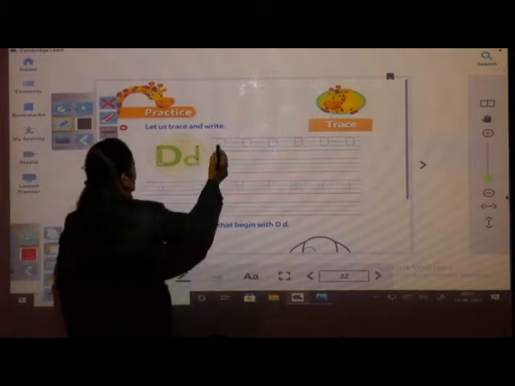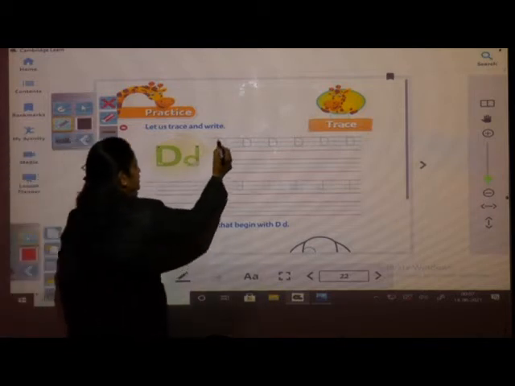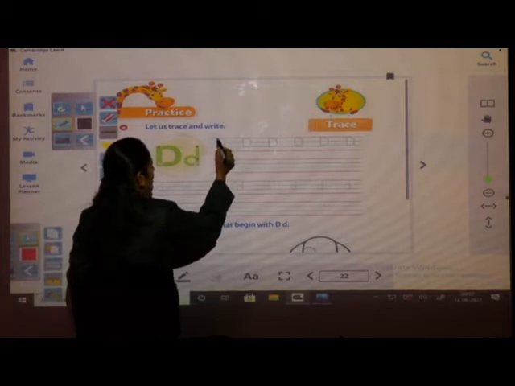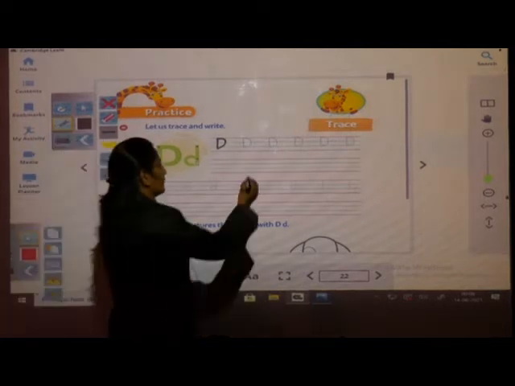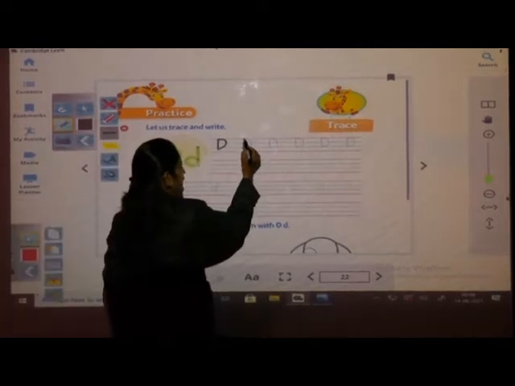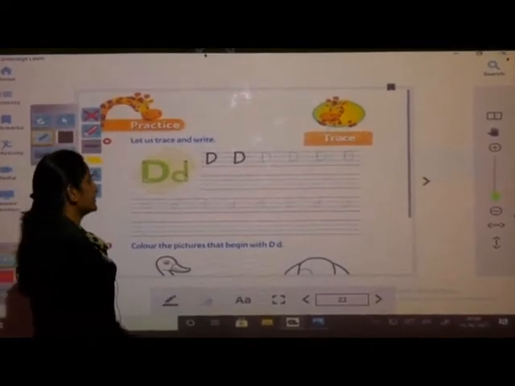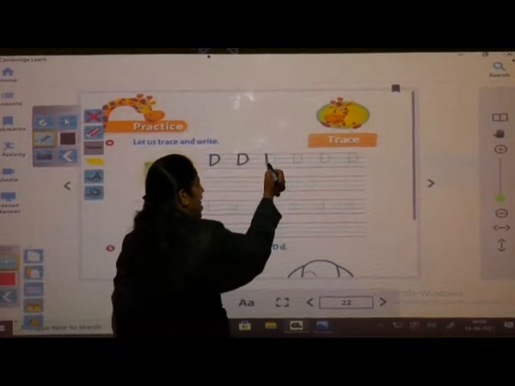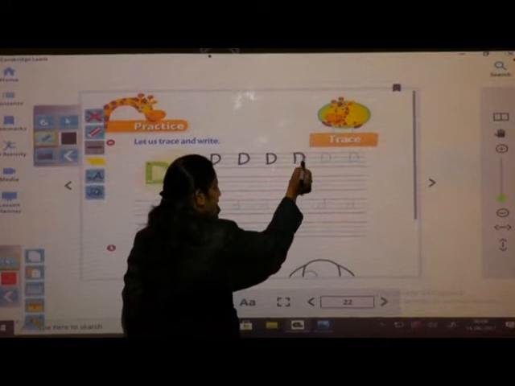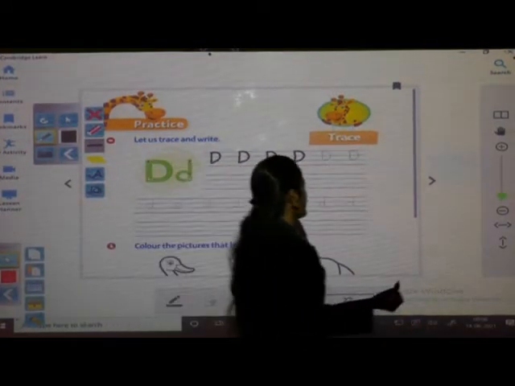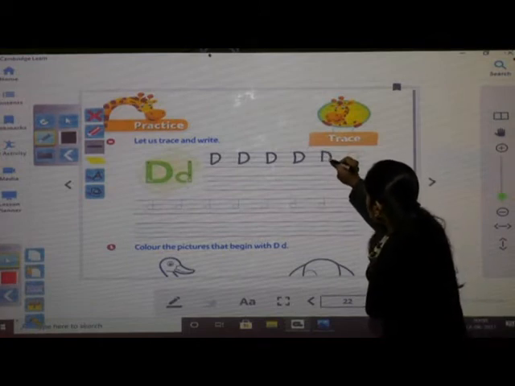So you have to first listen how teacher is writing, okay? First, you have to draw a standing line and a half curve, okay? It is letter capital D. You have to repeat after teacher and write properly in good handwriting, okay? Repeat and write capital letter D. Capital letter D. And what is the phonic sound of letter D? D. Yes, you have to repeat the sound also. D.